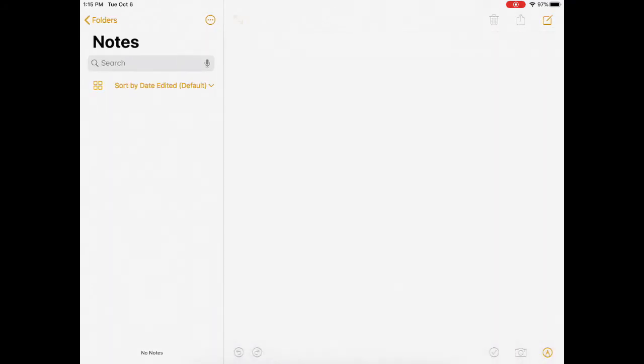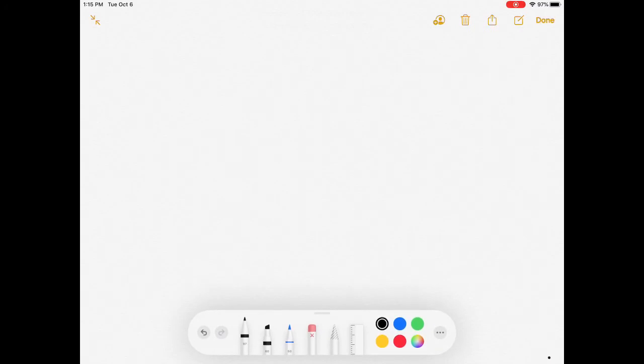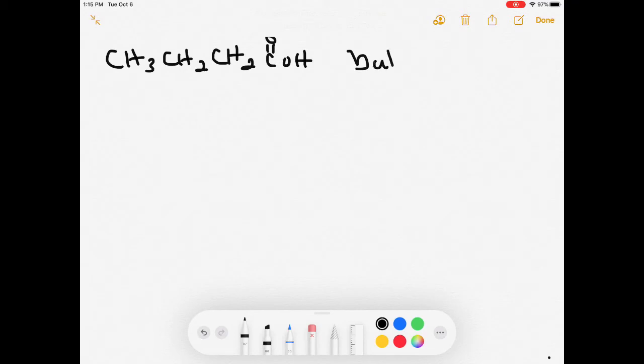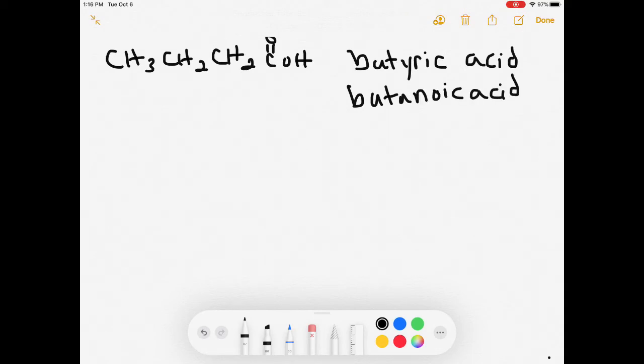Okay. And then for 4 carbons, we have CH3, CH2, CH2, CO. For 4 carbons, it would be butyrate, and then add the N, so butyric acid. Or it's butane, take the E off, butanoic acid. And so you can kind of see there how the common names relate to the